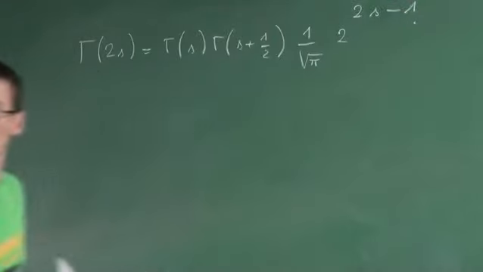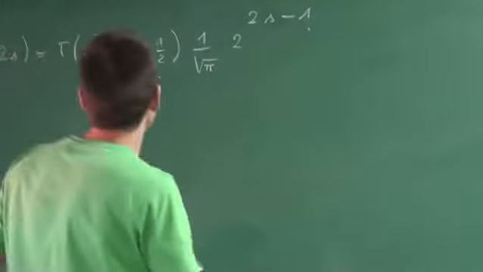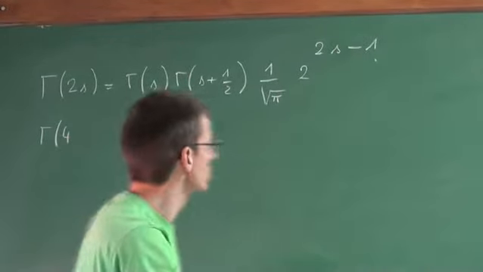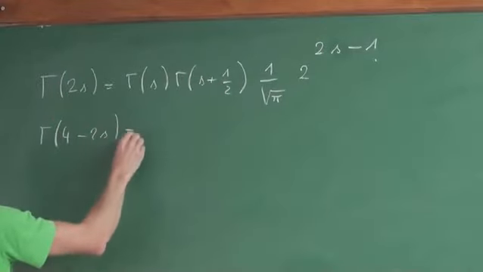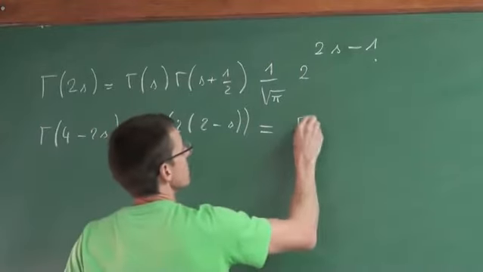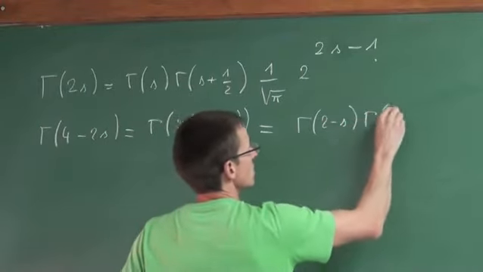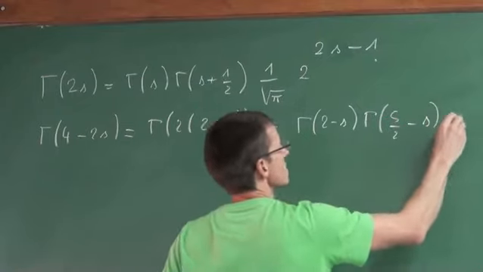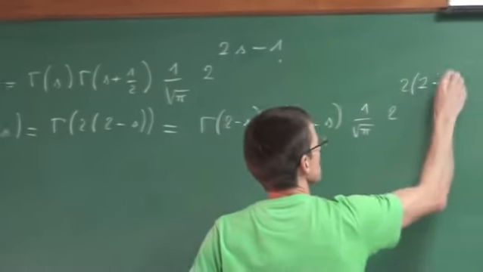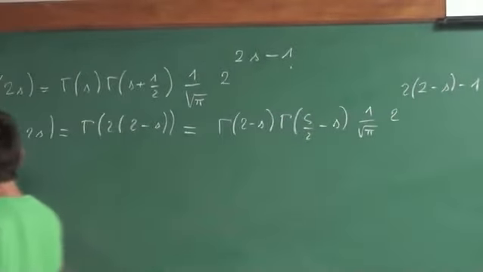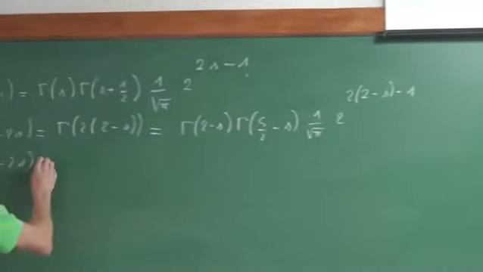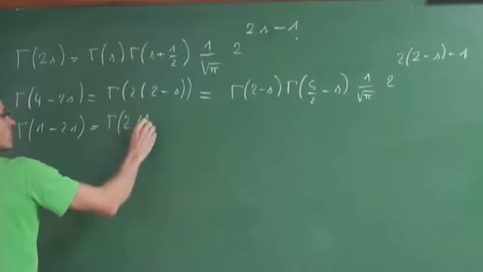Which may be useful to simplify here, because I can write gamma 4 minus 2s as gamma 2 times 2 minus s, and this is therefore 2 minus s, 5 over 2 minus s, 1 over s times 2 minus s minus 1, and also the other, which is the following, I think, this as gamma